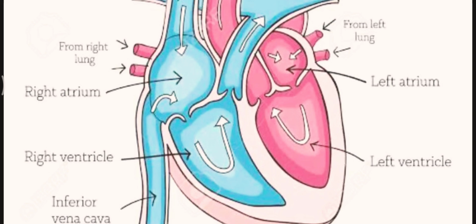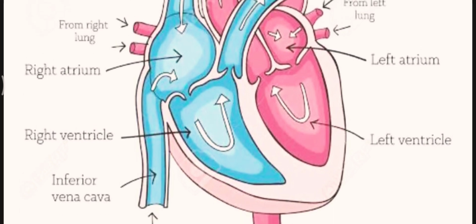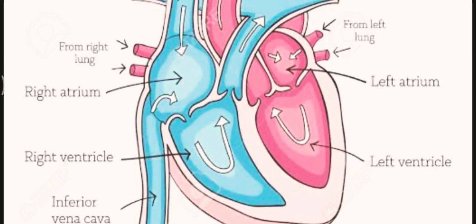Same is the condition with the ventricles. The right ventricle and the left ventricle are separated by a septum known as the interventricular septum. Again, the septum has the same function: it does not allow the oxygenated and deoxygenated blood to